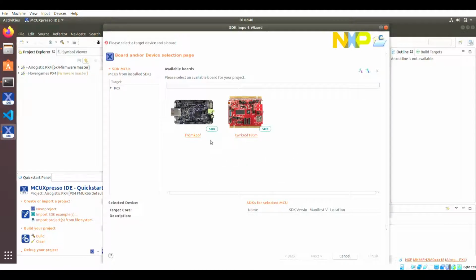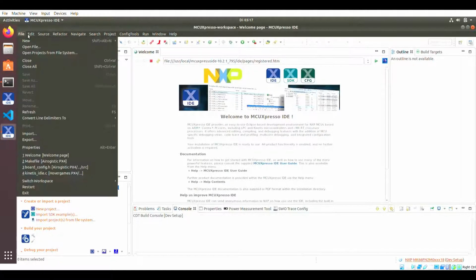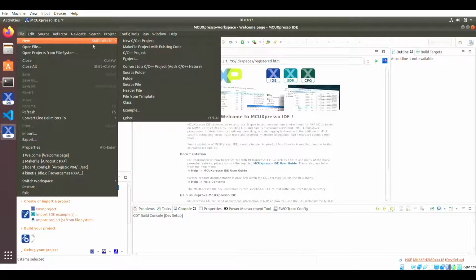So when you start off, we're going to need to make sure we have the Freedom K66F SDK installed, and once that is done, we will come into the IDE, and this is what it's going to look like. Okay, so you're going to need to clone the PX4 repository into your source file, and I'll provide a link for the command for that, and once you do that, you come to New